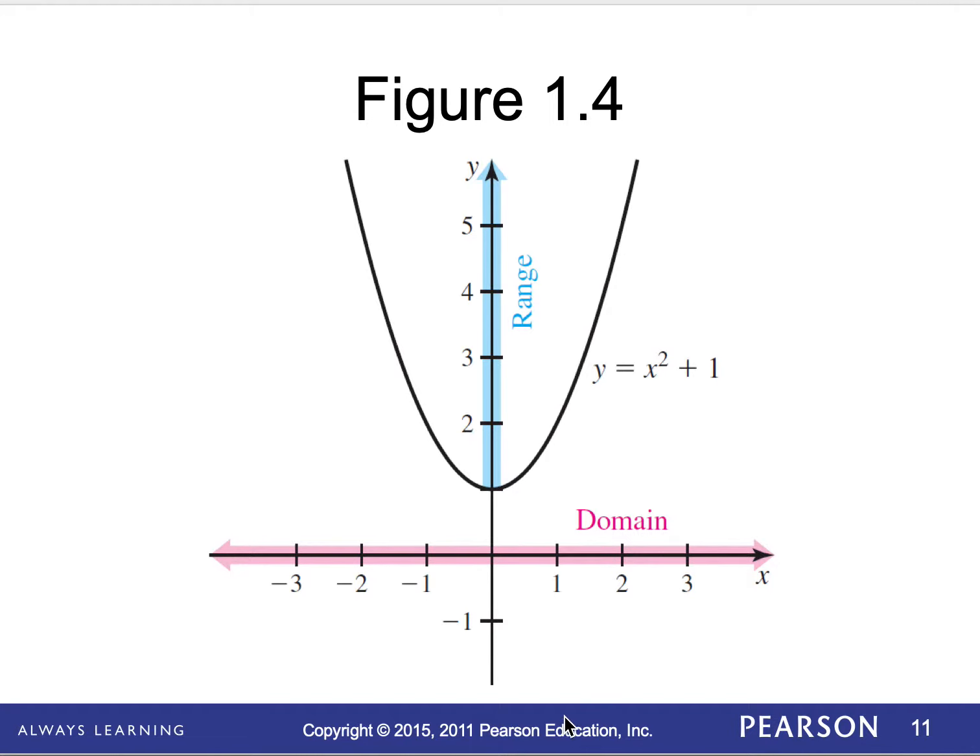The range we look at bottom to top. So if I start at the bottom, the graph doesn't start on the y-axis to this point, and then it will continue to grow and go up. So my range would be 1 to infinity. And that would include the 1 value, so I would utilize a bracket,